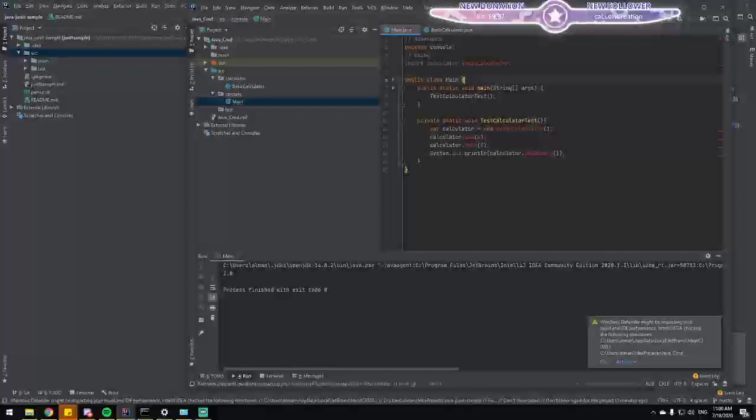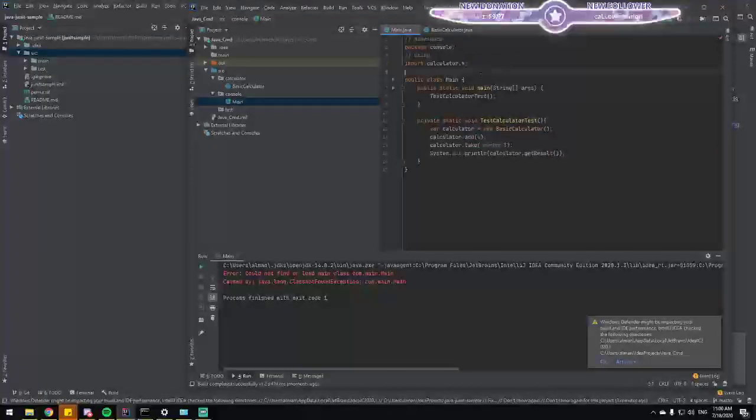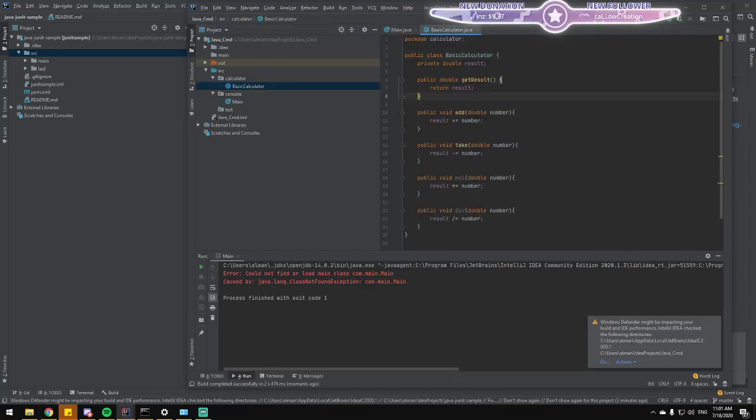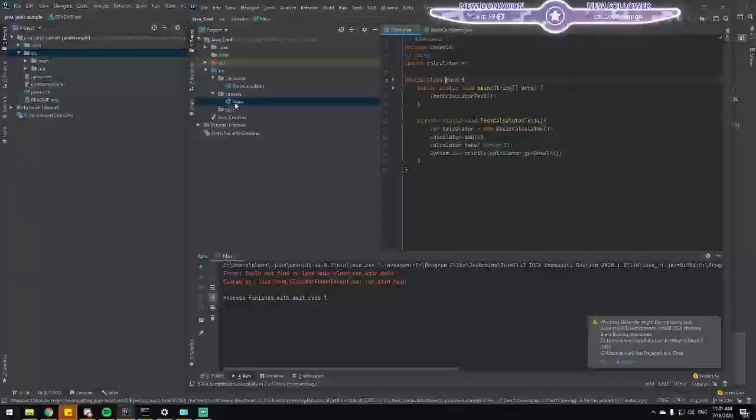Can I still run it? What the hell? Does anyone understand it? Basic calculator dot all. I don't understand. Package calculator. Package console.